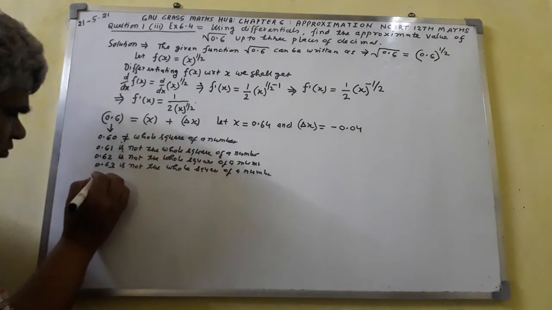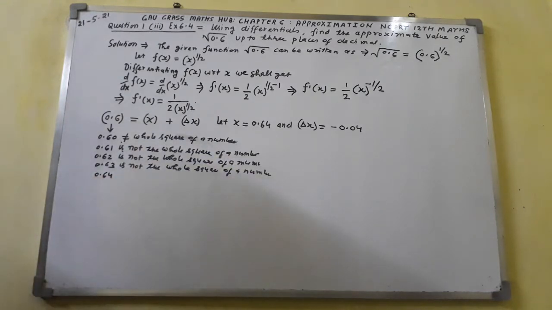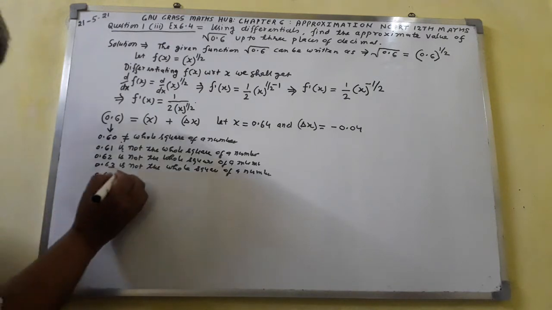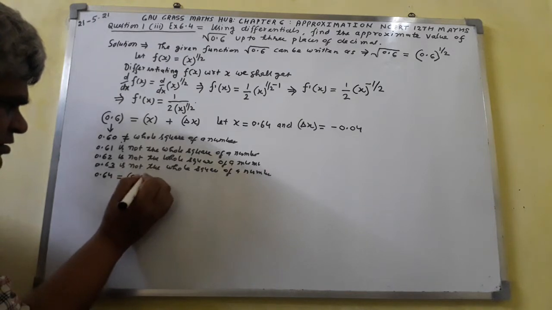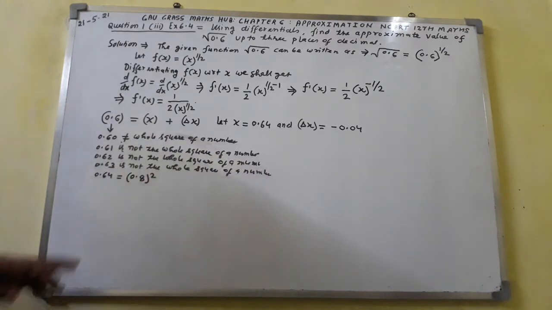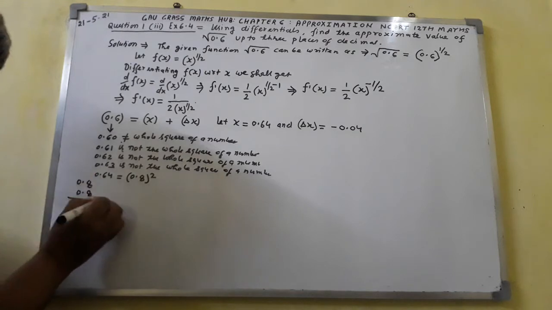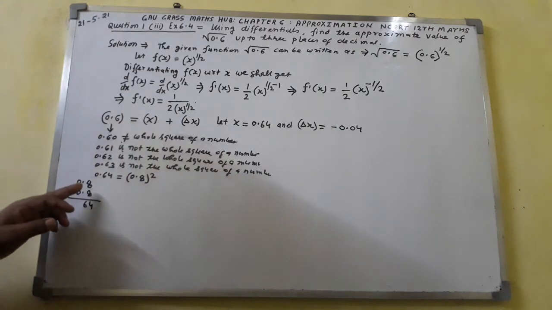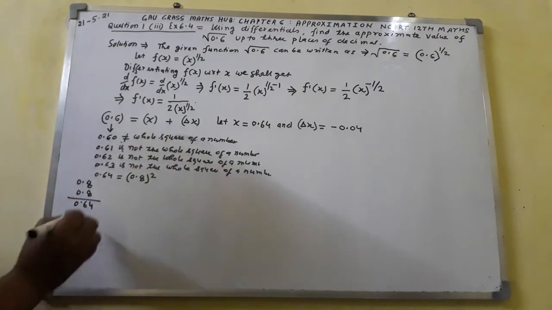Now think over this value. If I write here 0.64, 0.64 can be written as 0.8 का whole square, because here if you multiply 0.8 with 0.8, we will get 8 8s are 64, and after the point there are two digits, so here I shall put the decimal. So this result you have got.